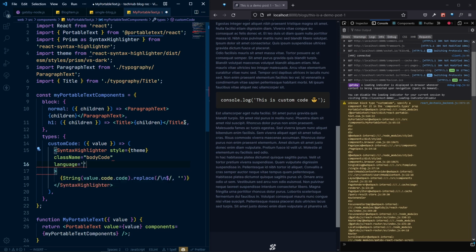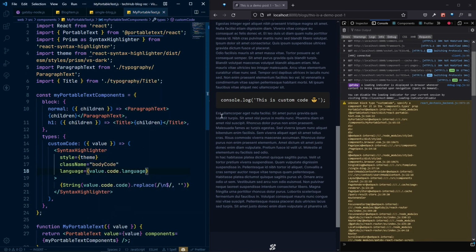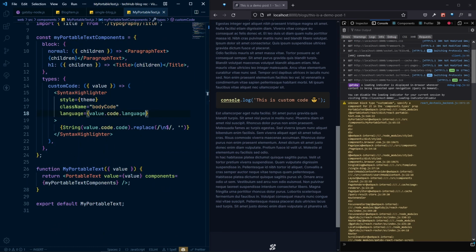So we need to set the language, and the language will be value.code.language, and that's it. So now we are getting the syntax highlighting as well. So awesome stuff. As you can see that we can see our custom code highlighting, which is looking really nice. And also let's do the same thing for our custom image. So after the custom code, let's do the